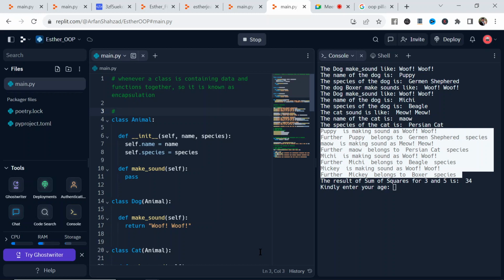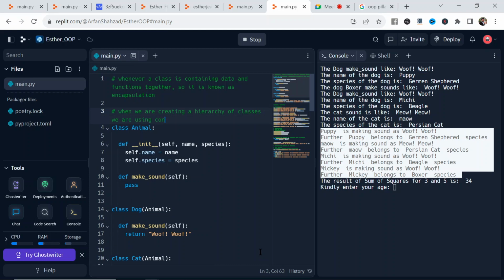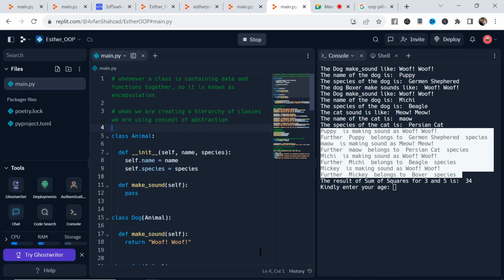So this way, when we are creating a hierarchy of classes, we are using the concept of abstraction. Abstraction. Okay, now because it is a very simple example. Whenever we are going to solve some real time problems or